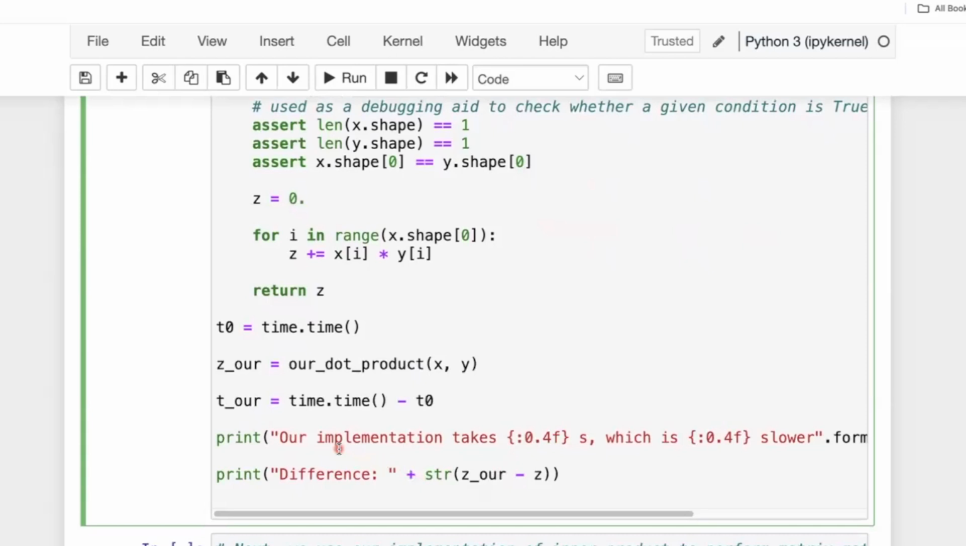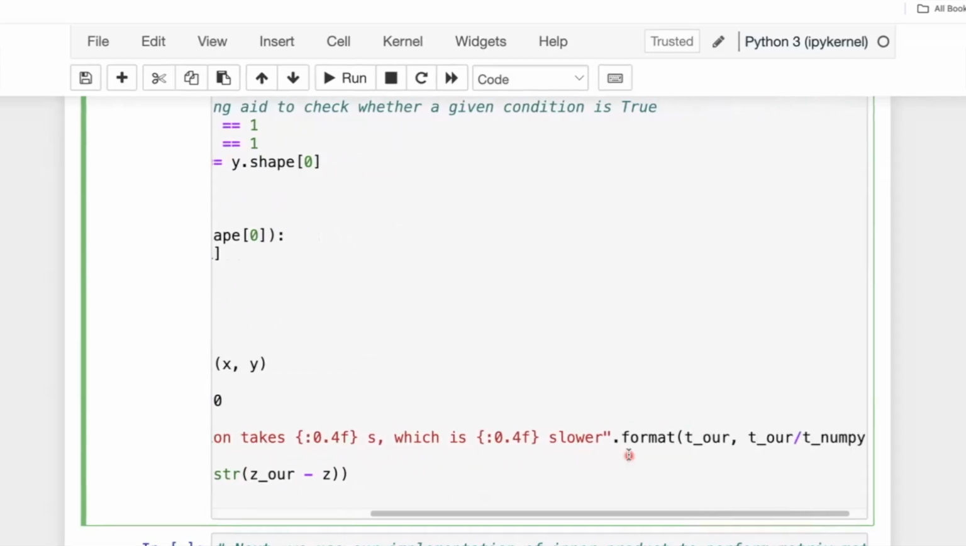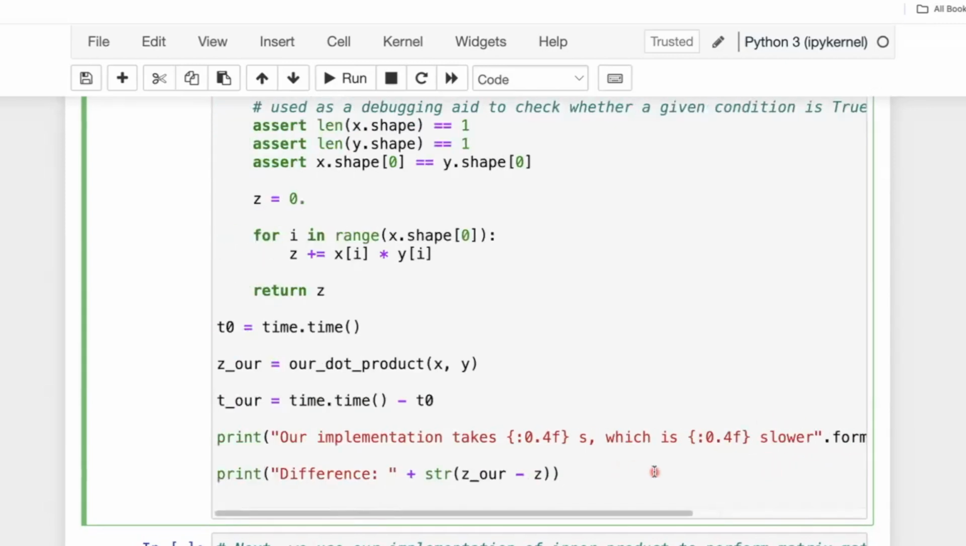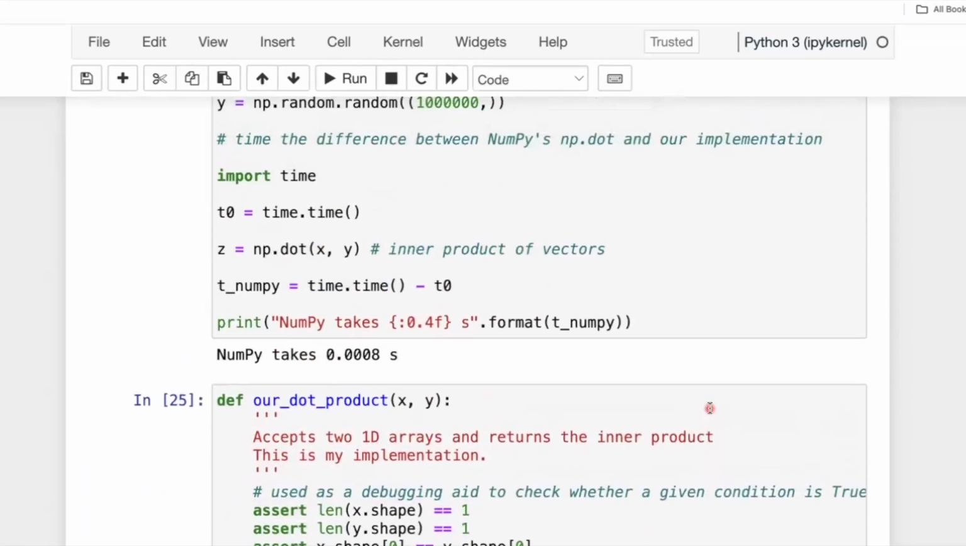case, we are reporting our elapsed time for this dot product that we implemented, and also how much faster it is if we use NumPy. So in order to check that, we divide tr by tNumPy, so that's the elapsed time for NumPy. Obviously, if this is greater than 1, this means that NumPy is faster. And if you run this, you can see that our implementation took about 0.16 seconds, which is about 189 times slower, right? Because the NumPy runtime was